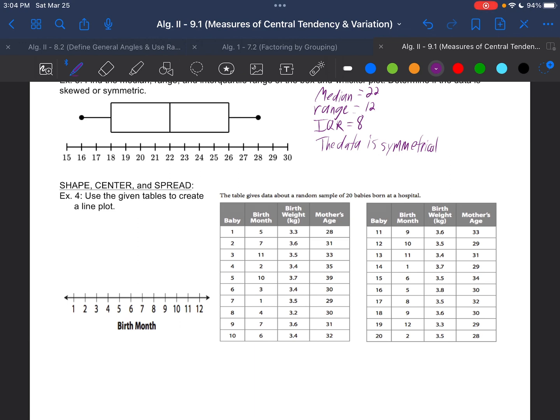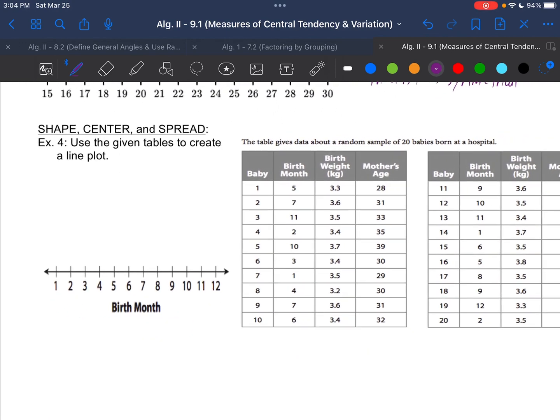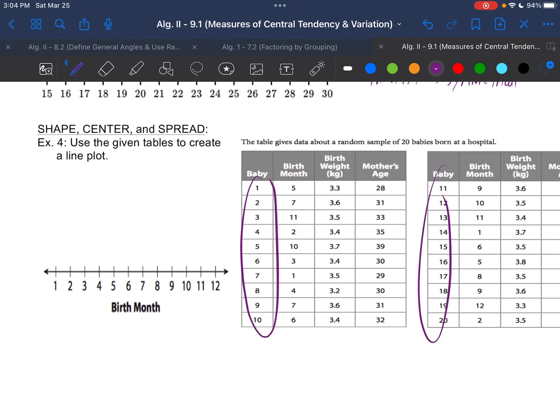Now, let's talk about shape, center, and spread. So, example 4, we're going to use these tables to make a line plot. So what is a line plot? Well, line plot, you would take these different babies here. We have 20 babies here that were a random sample, and we're going to put their